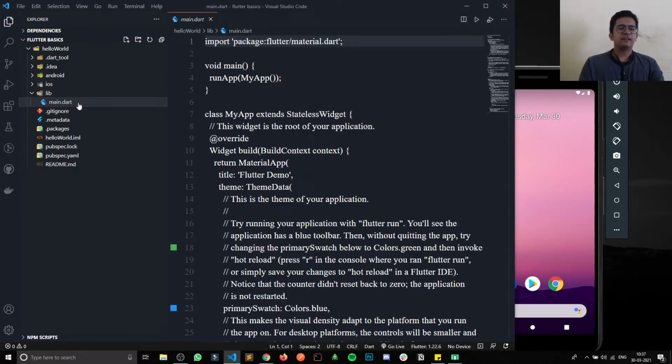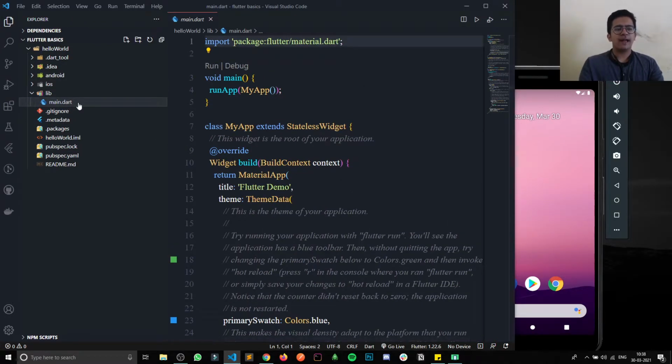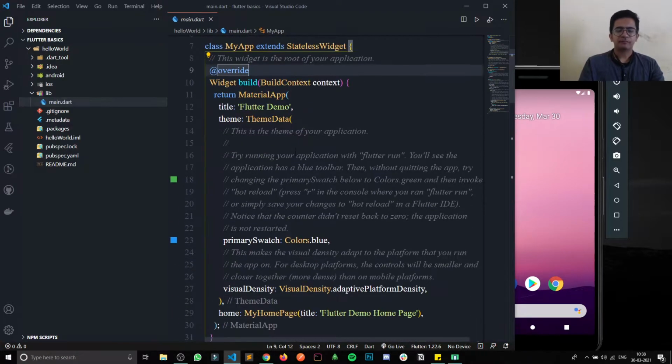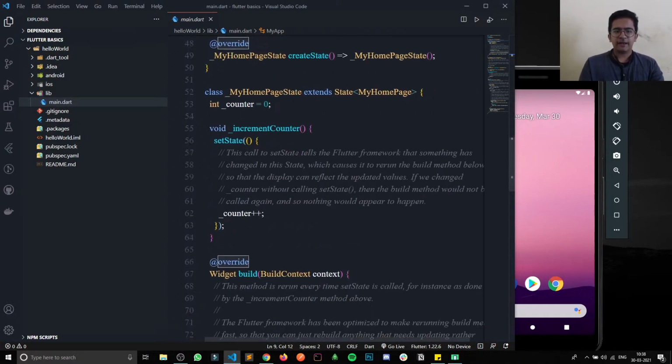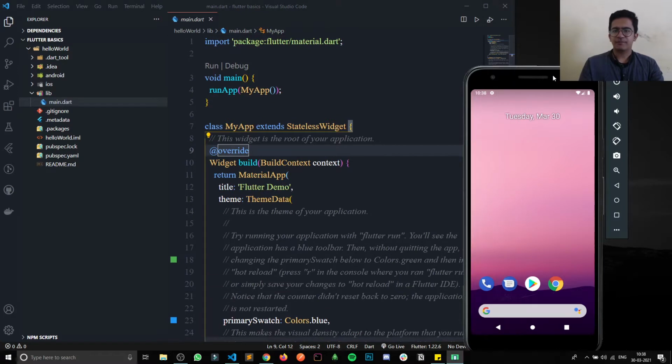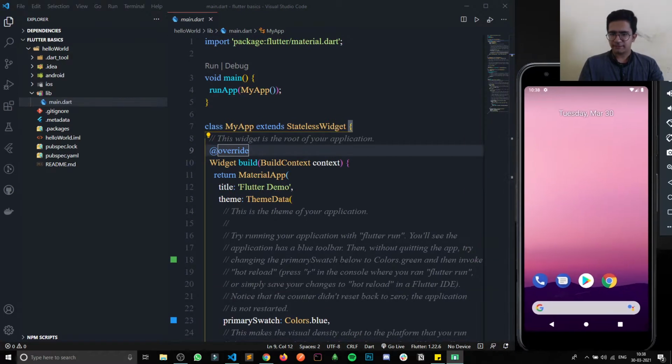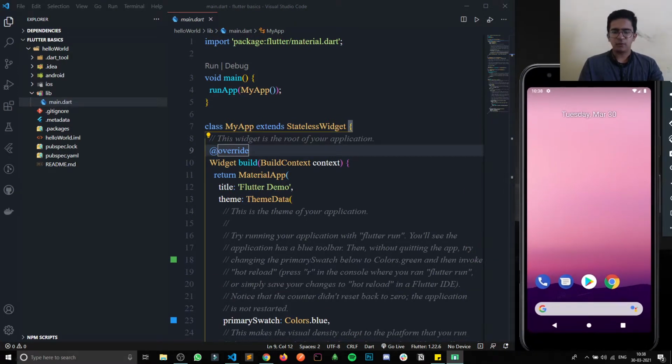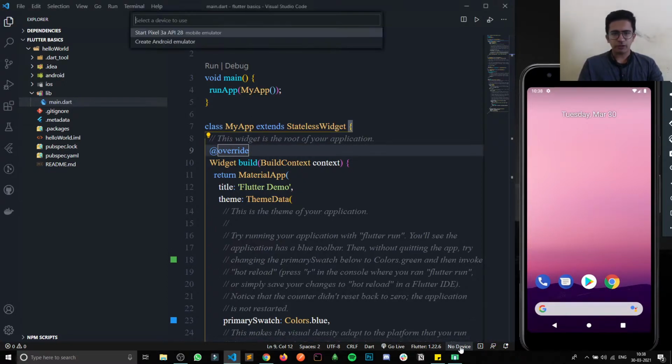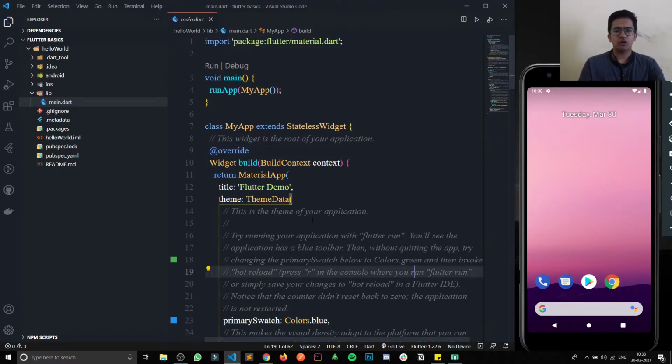So let's go inside the lib folder and main.dart. Yeah, here I think I have to talk more about it, right? But this stupid emulator is not running, I don't know why, because here it is showing no device. So I think it will not launch.